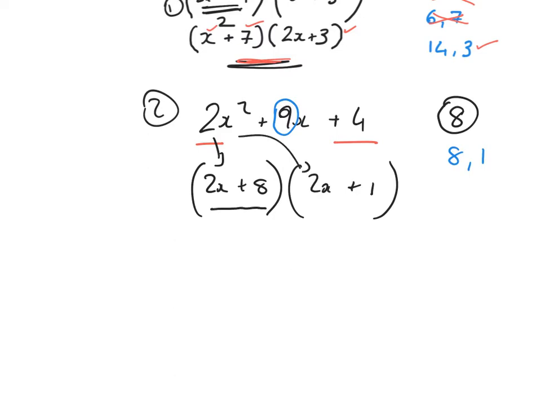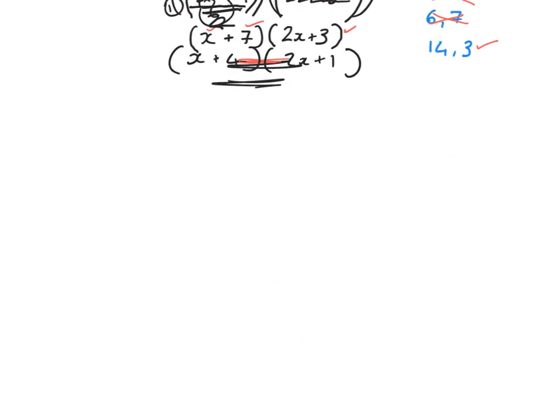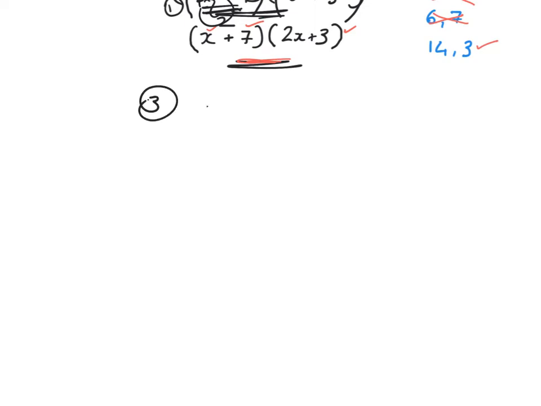Okay, from 2x plus 8, we can take out a common factor of 2. 2 into 2x goes x times. 2 into 8 goes 4 times. I can't factorise, there's no common factor to take from 2x plus 1. Final answer, x plus 4 bracket 2x plus 1. Let's take down example 3. Okay, example 3, let's go for 3x squared